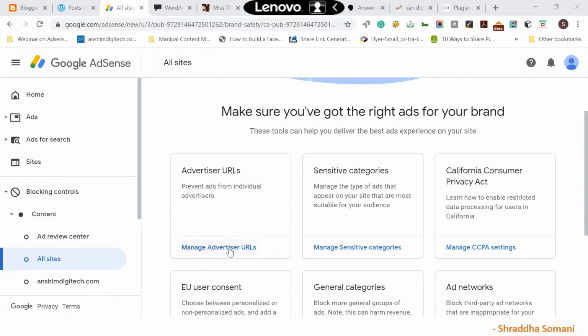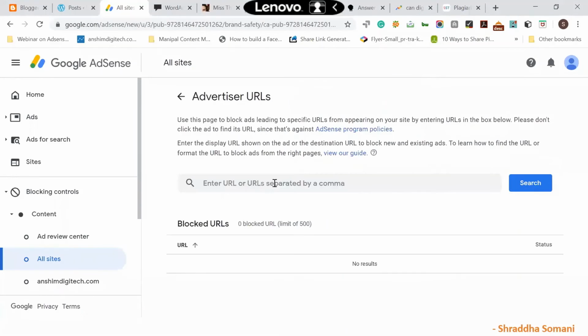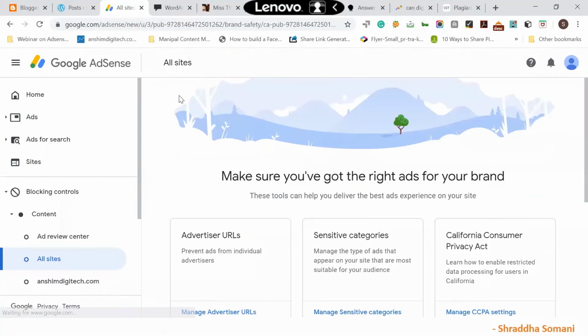By mistake, if your competitor's ad has been shown, you can just block it with the URL. So you have to go to manage advertisers URL, place the URL and then simply say block. Right now the ads are not running, so I cannot see the URL list over here. But once your ads start running, you can see the URL and you can simply click on block. So you can block with advertisers URL.